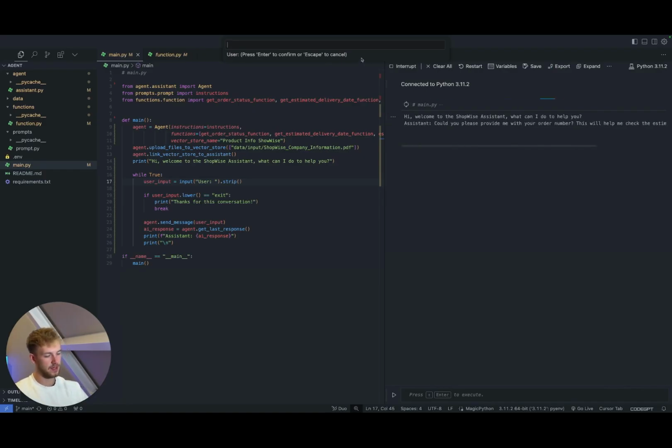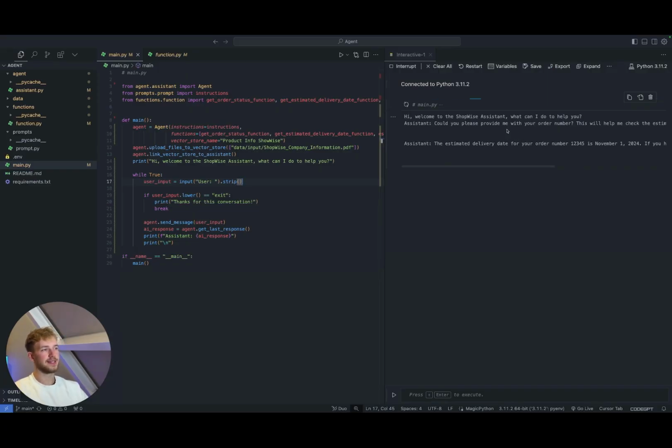Okay, perfect. 1, 2, 3, 4, 5. It now extracts this from the message. You could also do something like, my order number is, and it will understand what the order number is, which it needs to give to the function. And it says that the estimated delivery date for your order number 1, 2, 3, 4, 5 is November 1st, 2024. Perfect. If we now say, I do not want to talk with you,